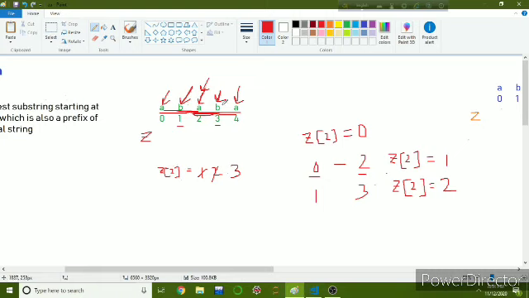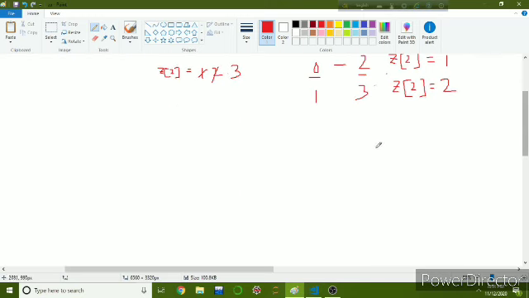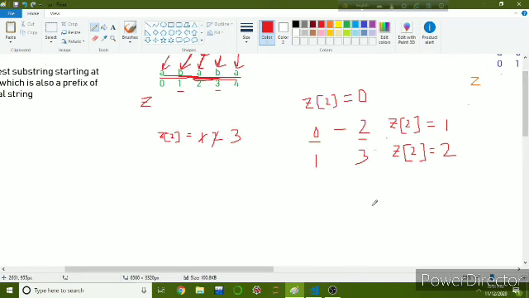So if we are trying to find or calculate the z value at index I, then initially we will set the z value at index I as 0, as we haven't matched any characters.